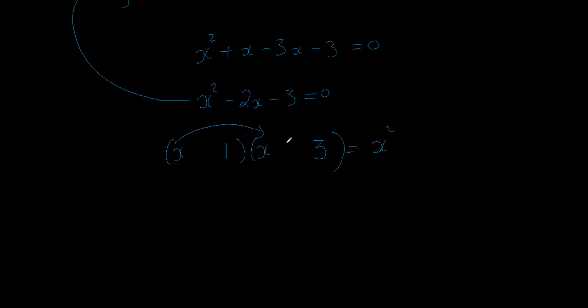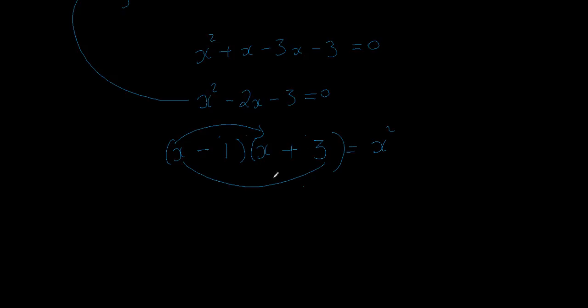Now you have to decide which one is the positive and which one is the negative. Is this one supposed to be +3 and this -1, or is this supposed to be -3 and this +1? So you try it out. If this is minus and this is plus, then you have here that 1 times -1 times 3 is going to give you -3, but